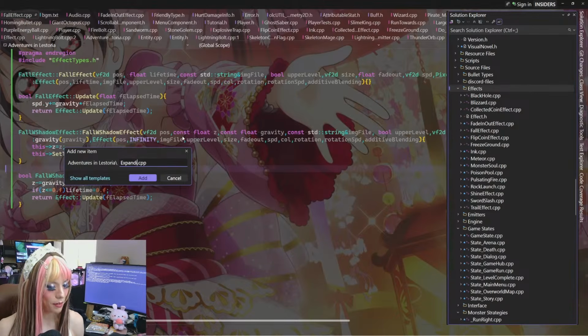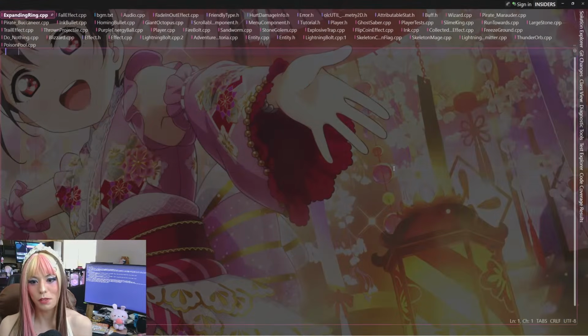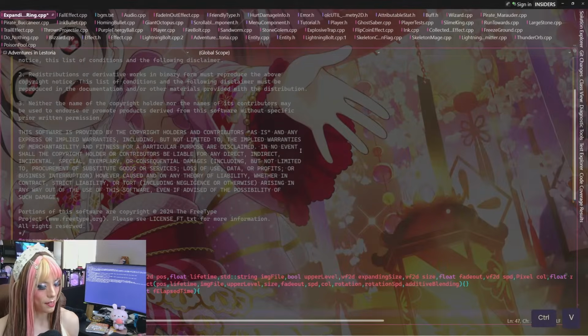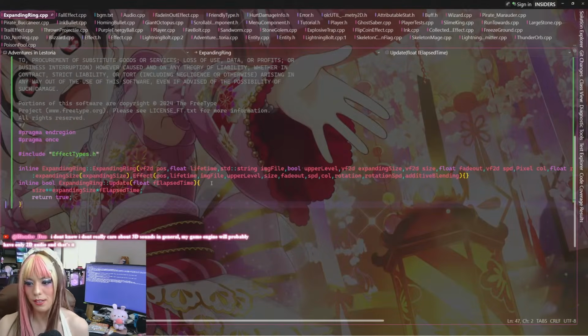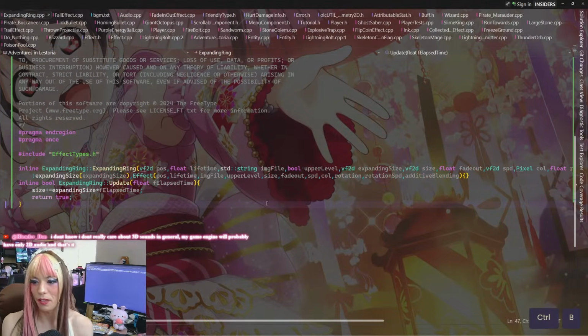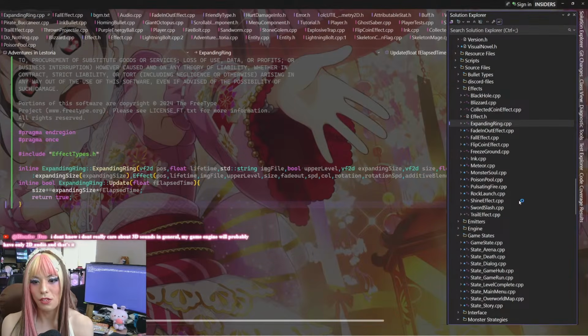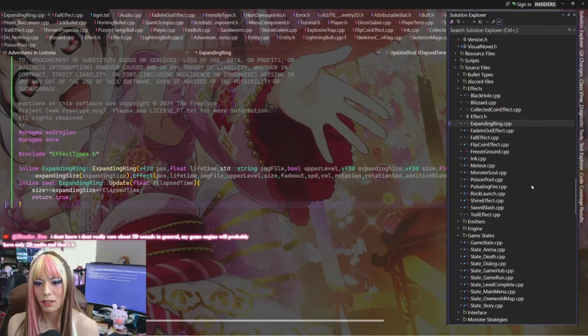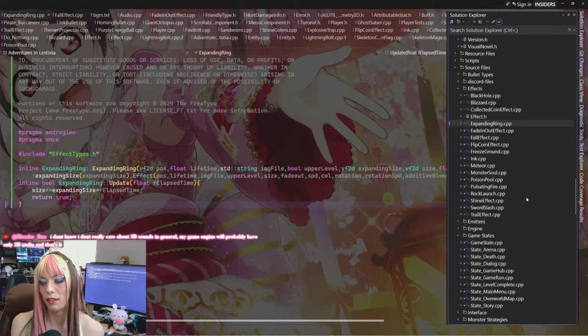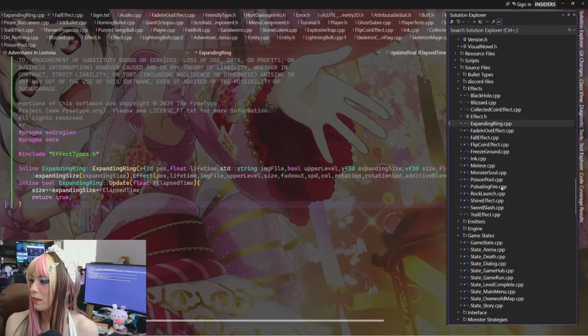My guess is that when we add a new CPP file, that's probably what triggers it to say in the VCX project that this file now needs to be compiled. And if I just rename it, I think it doesn't trigger that adding, which is dumb, but I think that's what happens.